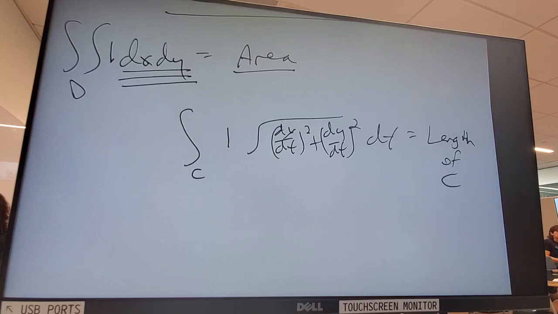You with me? I think at this point everybody's cool with the r in r dr d theta. It just is a part of that thing at the end. And then whatever I put inside of it is determining what I'm finding the integral of. If I put a 1 in there, I'm getting some kind of an area. So it's the same exact thing that's happening here.